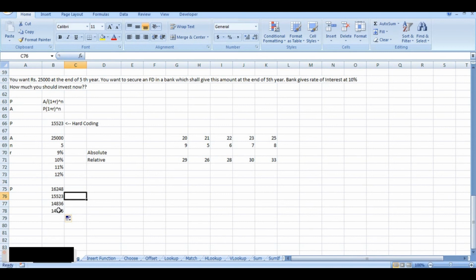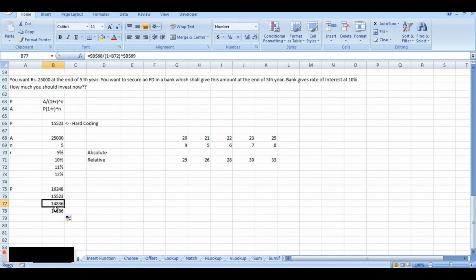Just with the drag you can change it, and you can see the formula as well. The formula should be P is equal to A, that is B68, divided by 1 plus R, that is 71, 72, 73 as the case may be, and power of N, B69.